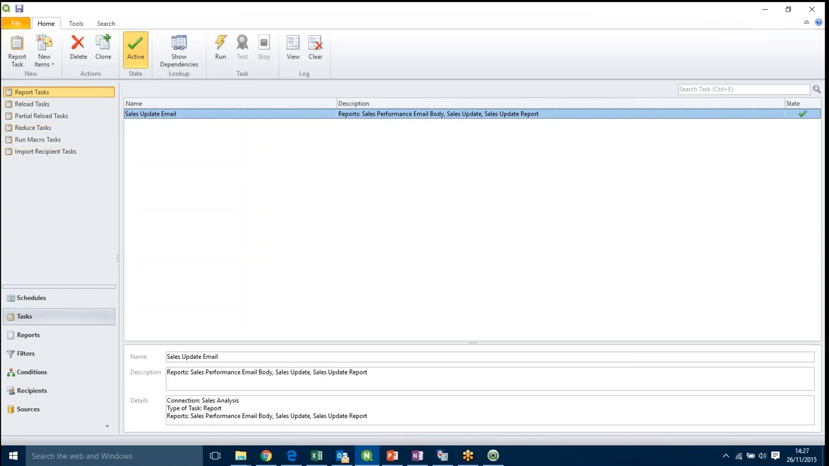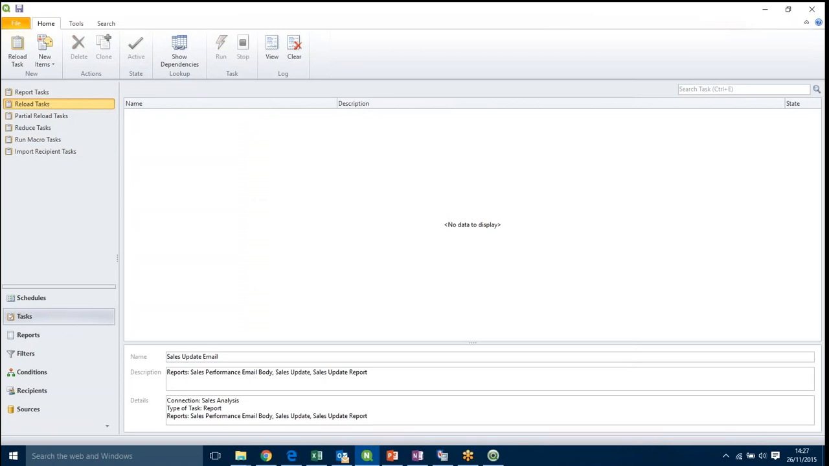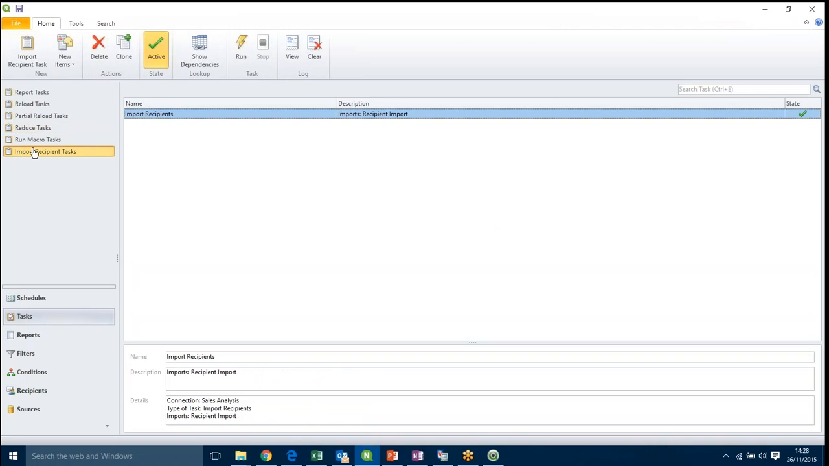There are a number of different tasks available within NPrinting. So we can reload QlikView documents. So if you want to make sure that your information is completely up to date before you build the reports, we can run a reload task. We can reduce, so create a limited QlikView document based on reducing values in a field. We can set up scheduled import of the recipient list, so we make sure that the people we're distributing to are